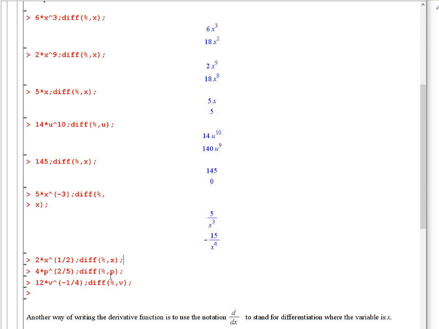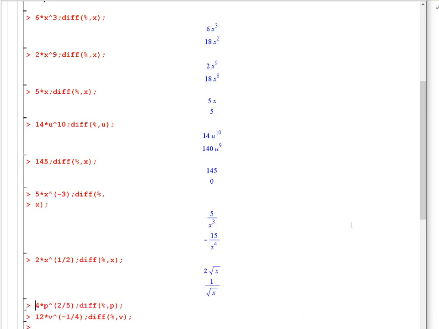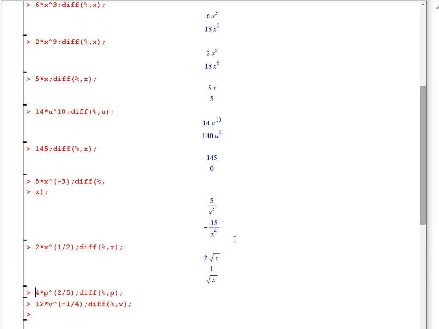Then we come to similar things where we have fractional power, so 2x to the power half. So 2x to the power half, you have to remember that x to the power half is the same as square root of x. So this is the same problem as differentiating 2 times the square root of x. So if you see this problem, you want to differentiate it, you must remember it's x to the power half, then 1/2 times 2 is 1, and half becomes negative half. So this is the same as